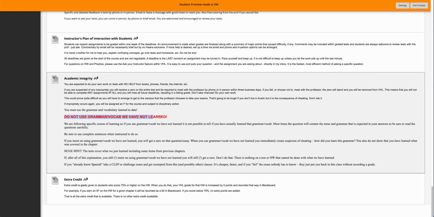This is important here. Do not use grammar or vocab we have not learned. The idea here is to show me that you read the chapter and that you can do the work that is included there. For example, let's talk about chapter 1, where you learn el and la, or how to tell time. And we only learn the numbers to 30. And then you go, oh, son las 6:45. Well, we hadn't learned above 30. So where did you learn the number for 45?